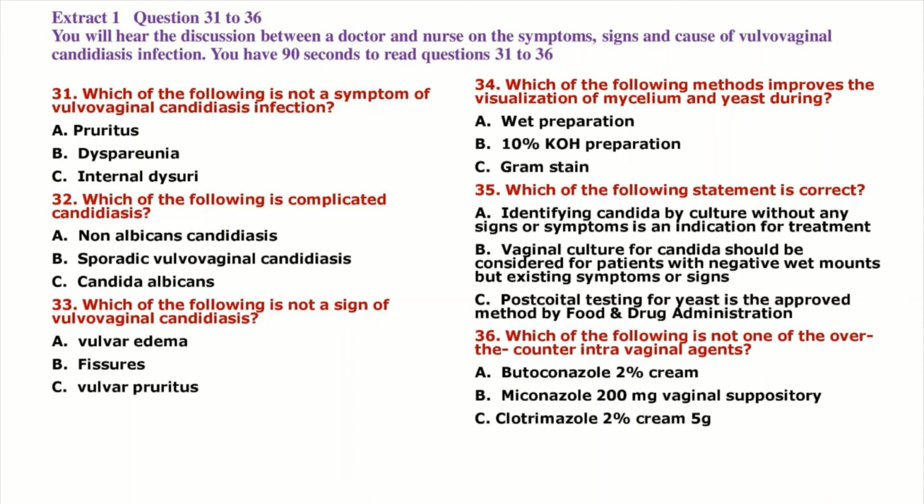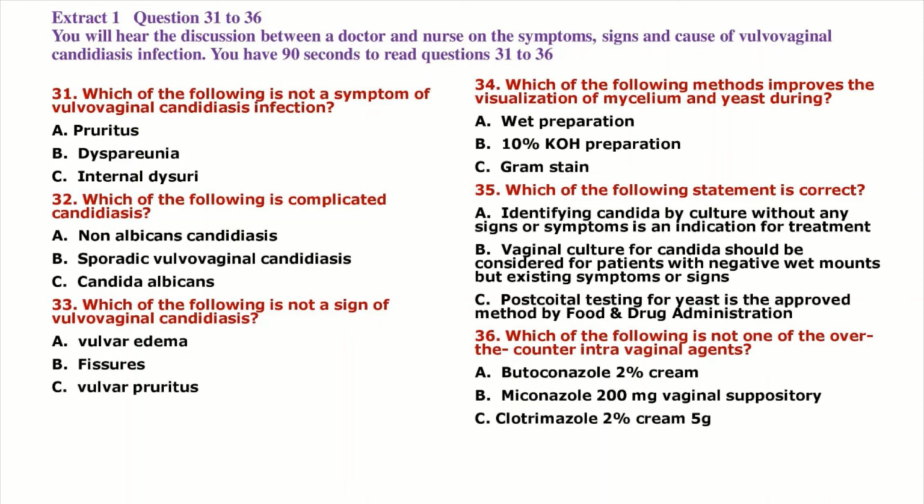Typical symptoms of vulvovaginal candidiasis include vaginal soreness, pruritus, dyspareunia, abnormal vaginal discharge, and external dysuria. However, none of these symptoms are specific for vulvovaginal candidiasis. About 75% of women will have at least one episode of vulvovaginal candidiasis, and 40 to 45% will have two or more episodes. Based on clinical presentation, microbiology, host factors, and response to therapy, vulvovaginal candidiasis can be classified as